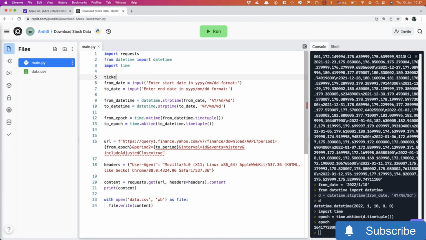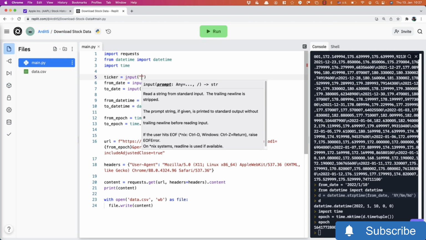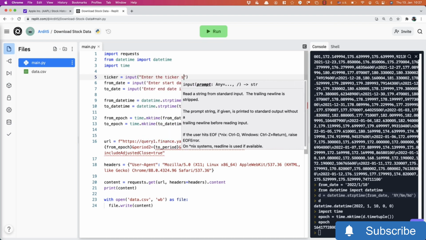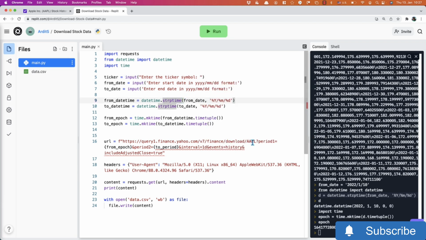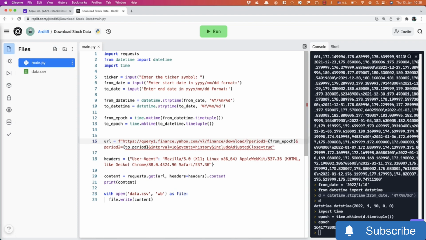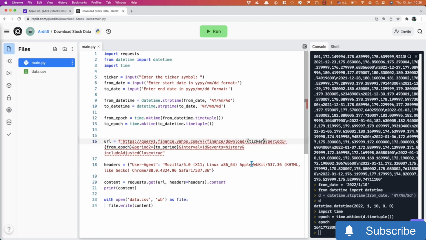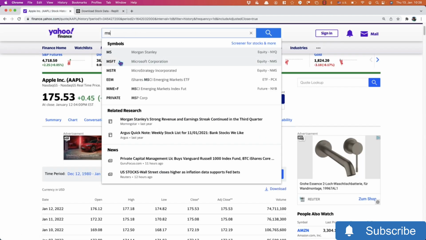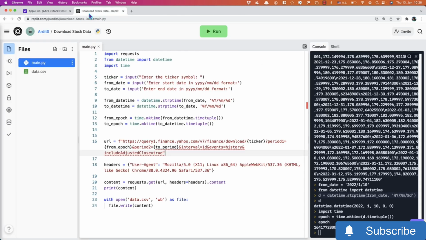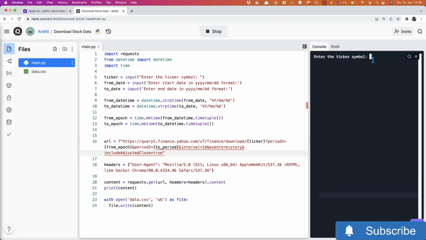And of course you can also make the ticker symbol dynamic. For example, ticker is equal to input, enter the ticker symbol. So for example, the user will enter AAPL for Apple, etc. Therefore we need to replace AAPL with these curly brackets and then enter ticker there, that variable. So for example, this time I'll try MSFT for Microsoft. So let's run the code, enter the ticker symbol. It was MSFT,